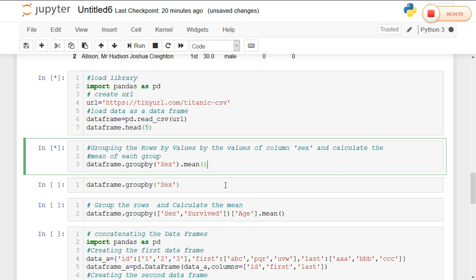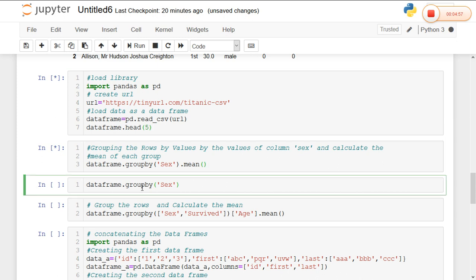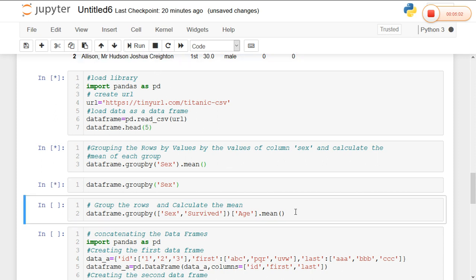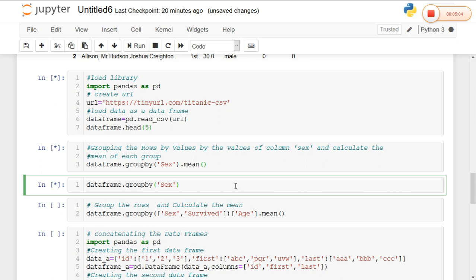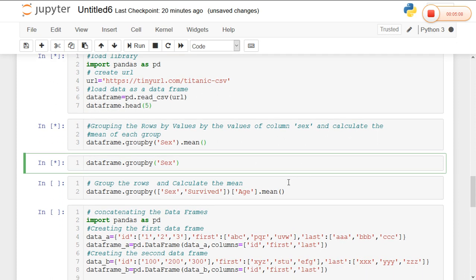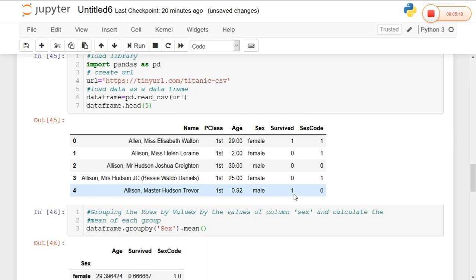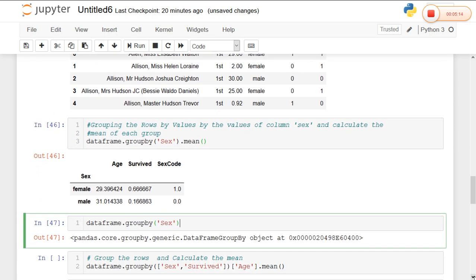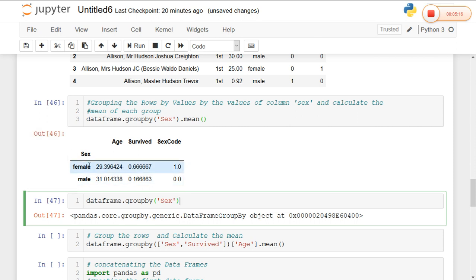If you use groupby alone, we do not get a useful output, so you need to use a statistical method. We got the output. We get the mean value for female as well as male.